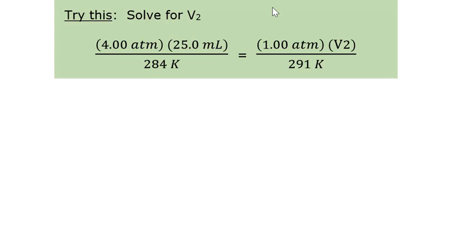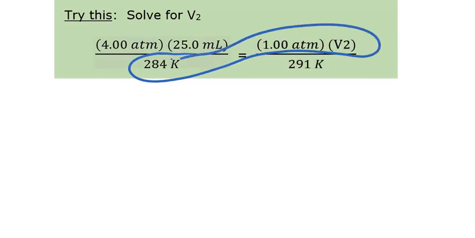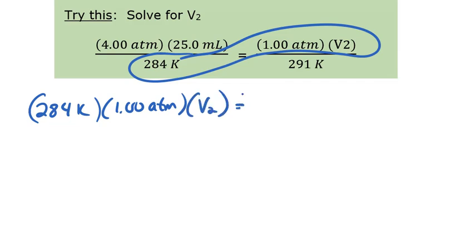Okay, let's solve this. We're solving for V2, which incidentally is a volume, and so in the end we will hope that we'll have a check on our units to see if they are volume units. All right, so let's cross multiply. We'll do the bottom of the first one times the top of the other. It doesn't matter. You can do it in either order you want to. And I'll actually write this in blue just to show where it came from. 284 Kelvin times 1 ATM times V2. And that's going to equal the other side,